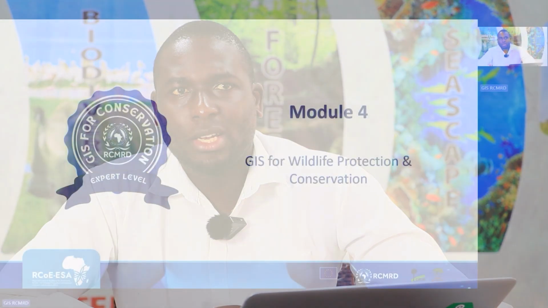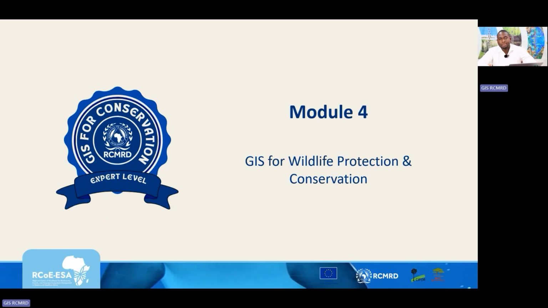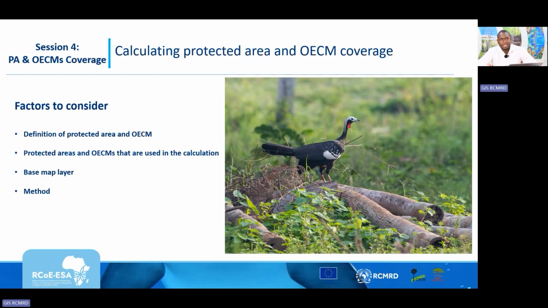Allow me to go through the presentation. We are still on module 4, though this content can also go to module 3 on GIS for wildlife protection and conservation. And exactly what we're going to do is calculate protected area and OECMs coverage. So we have some factors to consider before you do this calculation. For example,